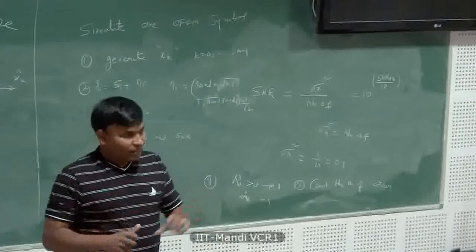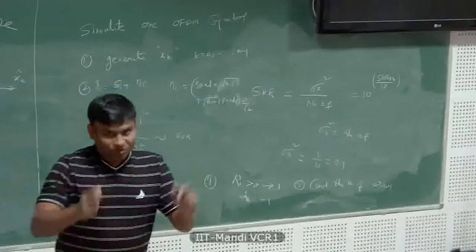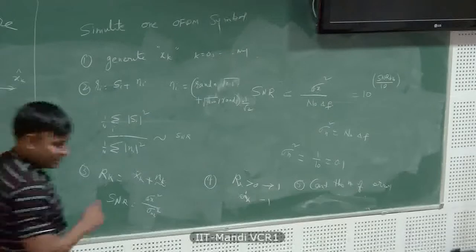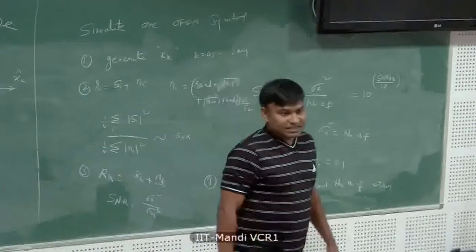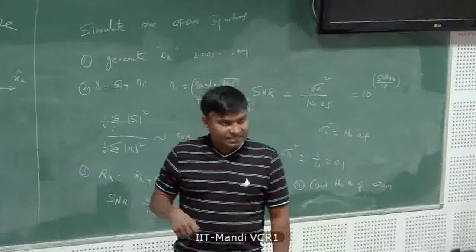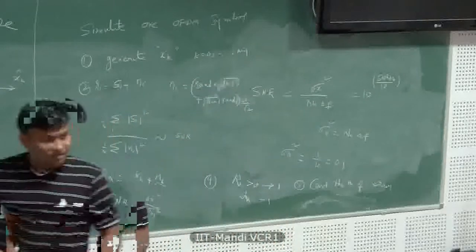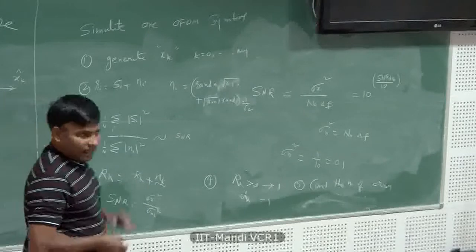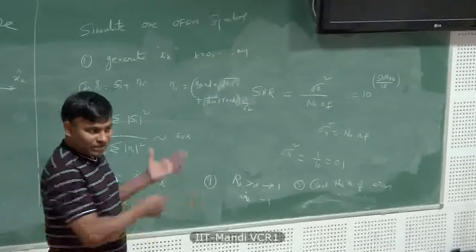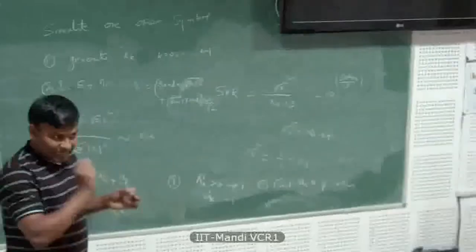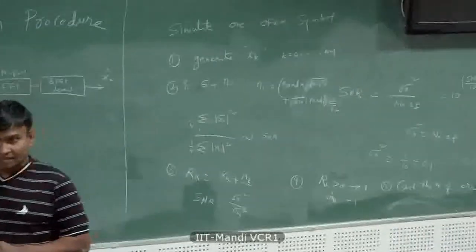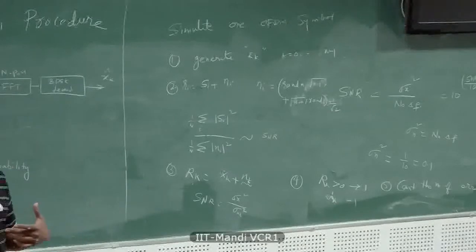You know the relationship between Q function and complementary error function? Well, just Google it. They are very similar; they're just rearranged versions of each other. MATLAB, I think, has a command called ERF. ERFC also is there, and Q also is there. If it is there, you can use it. And when your simulation is correct, whatever bit error rate you have got should exactly match the theoretically expected error rate. So you don't have to come to me to ask whether it is correct or not. If it is correct, you will see it.